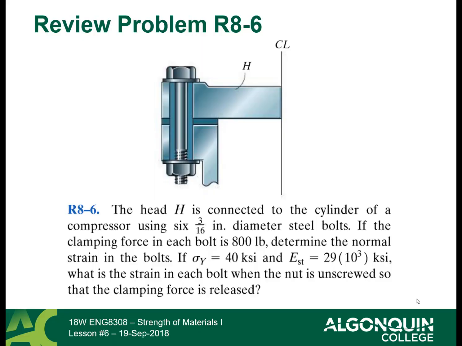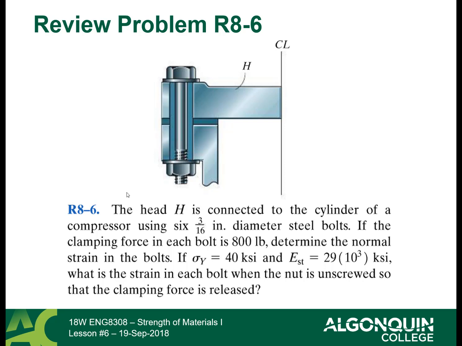So we're going to have a look at this review problem R8-6 from the 5th edition of Hibbeler's Strength of Materials. Basically, the question is, we have a bolt here connected to the head of a compressor. It's under 800 pounds. They give you the diameter and they ask you some questions about the strain on that